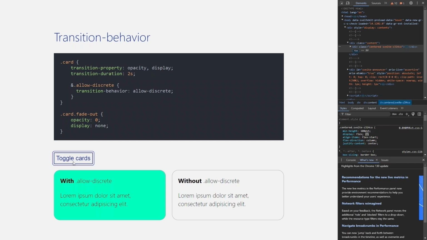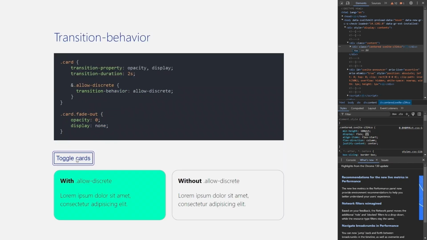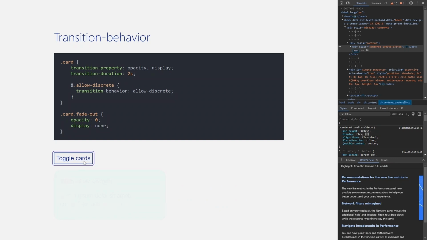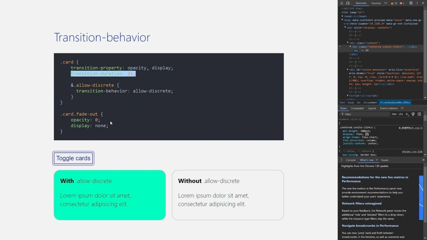So here you can see toggle cards. I toggle. The one on the left, when I'm making it disappear, will stay there because display none will actually take 2 seconds until it takes effect. It can also be done vice versa, when it's appearing, but in this case it doesn't work here, not because of allow discrete. It's more about the